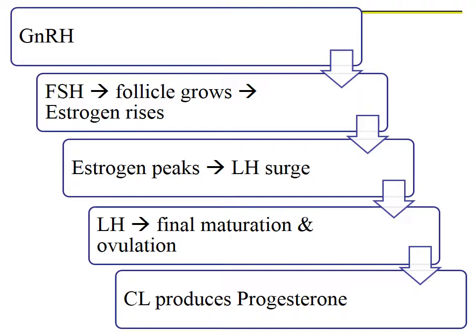Once a secondary follicle is formed, estrogen is produced, and is positive feedback. FSH, follicle growth, and estrogen levels now rise quickly. When levels peak, estrogen becomes negative feedback at the hypothalamus and levels crash. This triggers a surge of LH hormone, which triggers final maturation of the primary oocyte into a secondary oocyte and